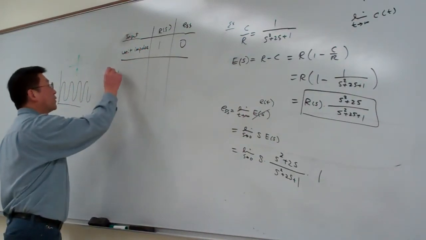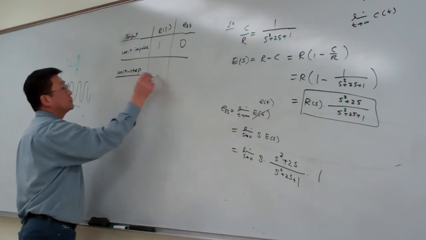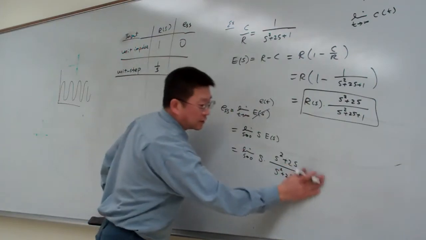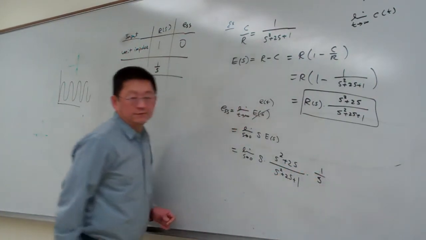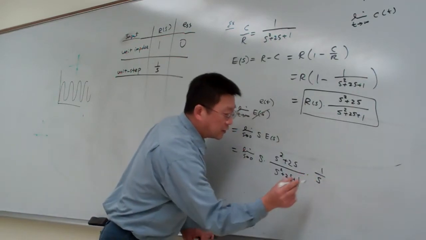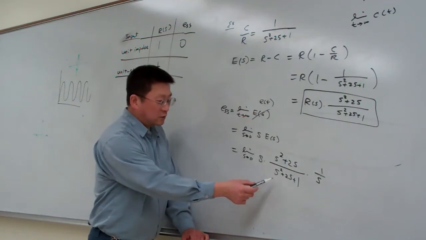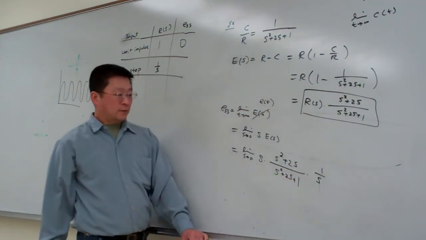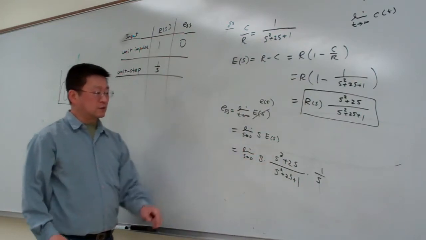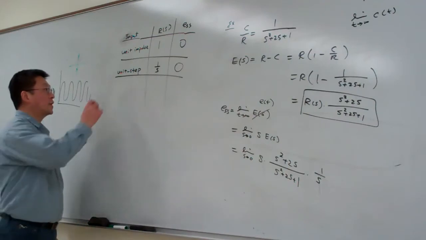When this is the unit step input, then R of S equals 1 over S. So this one is 1 over S. Then again, we can do this. This term is cancelled out, right? Then again, when S equals 0, the numerator becomes 0 and the denominator equals 1, so this is still 0. And the unit